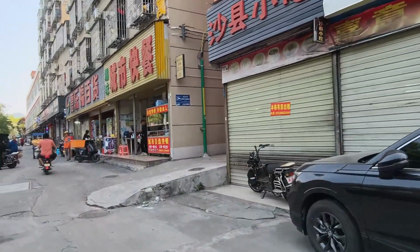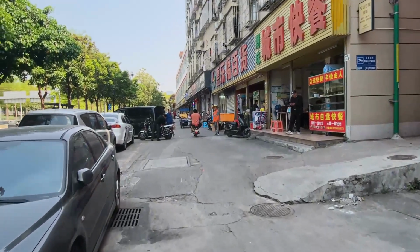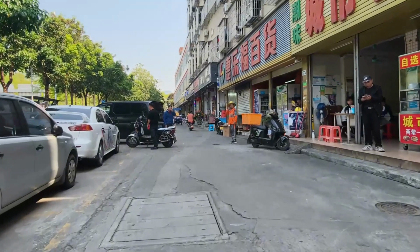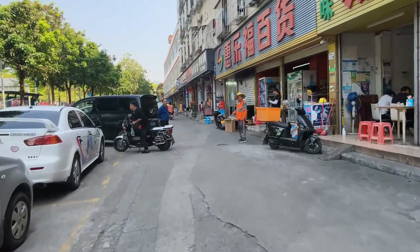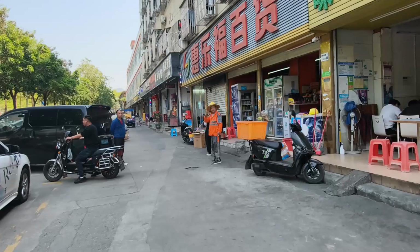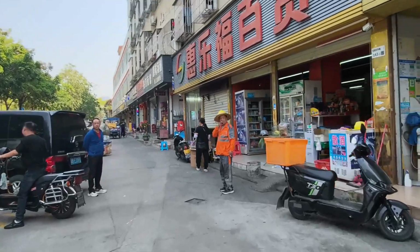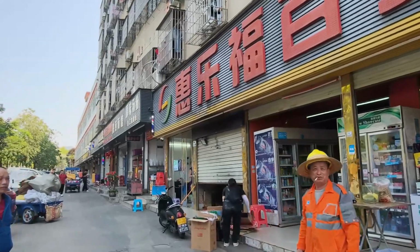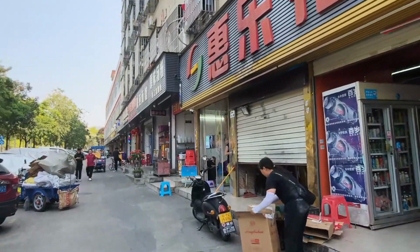A few shuttered places here. I'm getting a lot of attention right now because I guarantee you I'm one of the first white dudes that's walked through this neighborhood. If not in the past year, probably ever. Got a little department store here. Here you can get fruit, meat, food, little